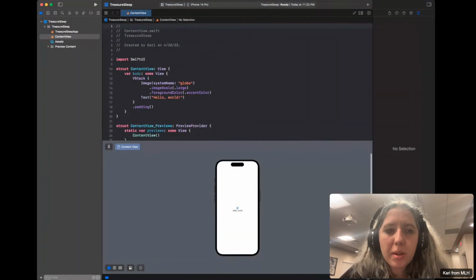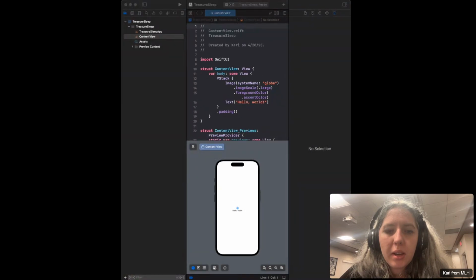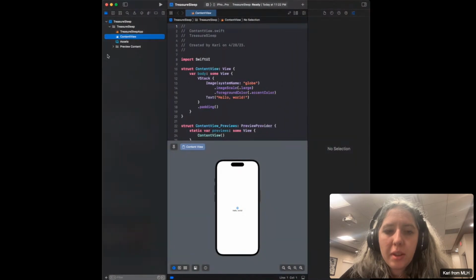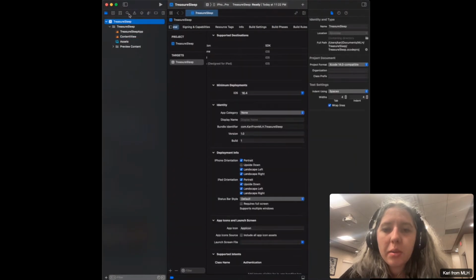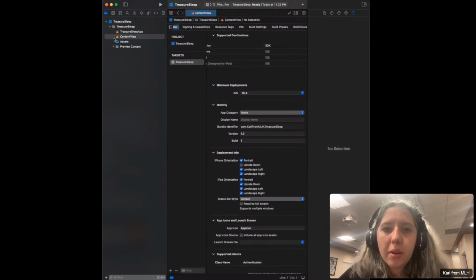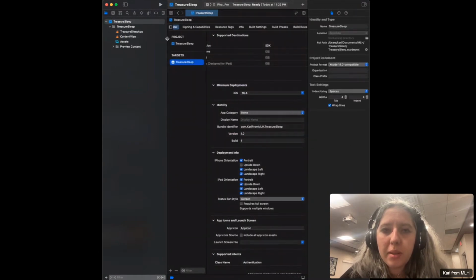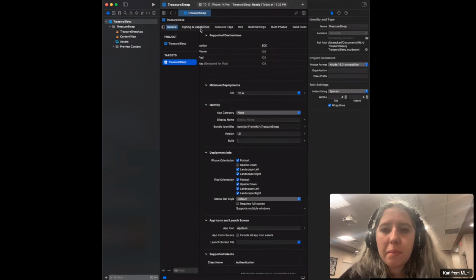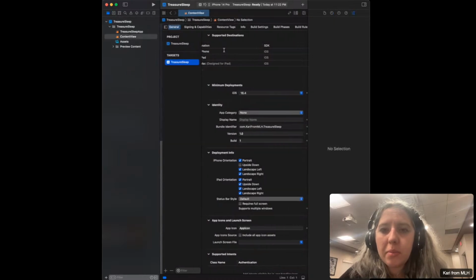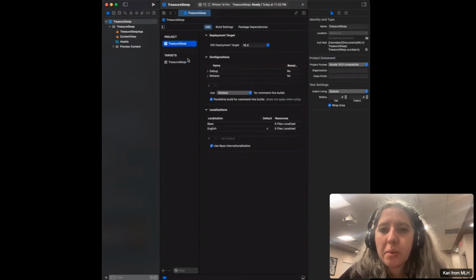So sweet. But here is the general layout of the app right now. So I'm just going to go ahead and get it a good size so I can still look at things. But yeah, this is the general layout of the app. So here's a bunch of really cool things. If you've never developed an iOS app, this can look like a lot, but we'll go through everything we need to. So this is a bunch of general information about the project, including like what iOS version am I developing for,